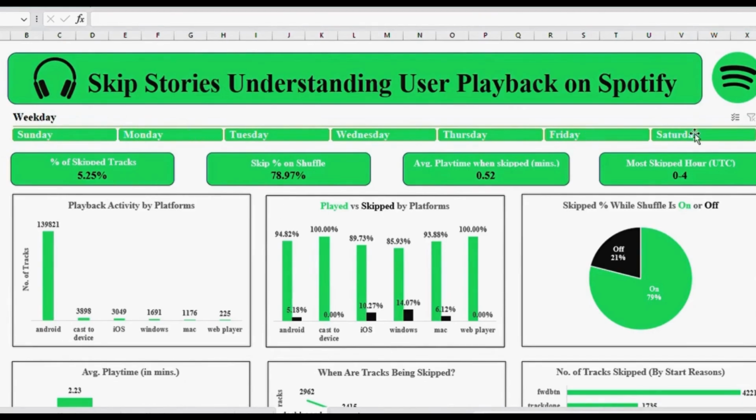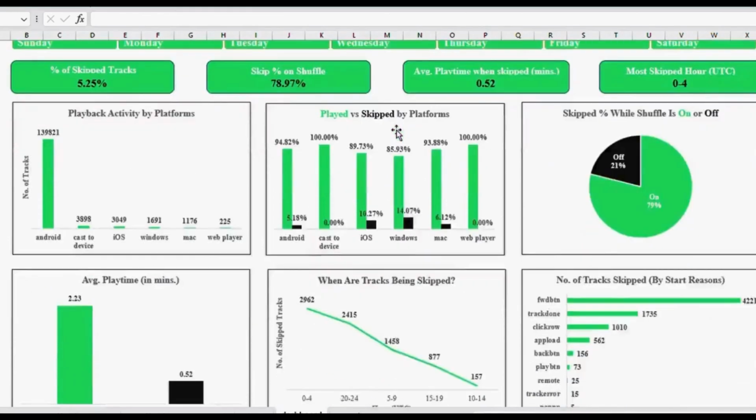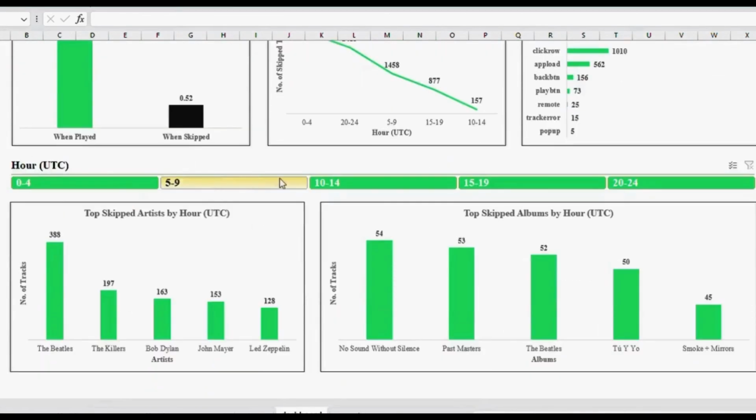I have added two slicers here, one for weekdays, which helps me analyze the user's average behavior on different days of the week, and another for hours, which shows, during a particular hour interval, which albums and which artists the user skips the most.